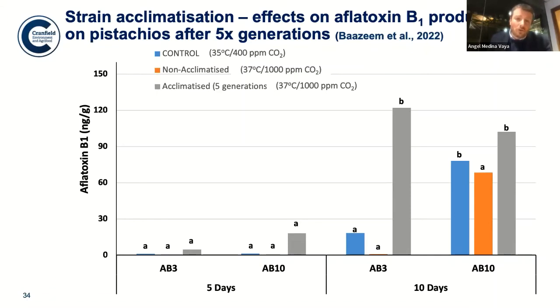And what we saw is that in most cases, acclimatized strains were producing higher levels of the toxin. That is no good news, because we have already described that it produces more when you have the CO2. It will be even higher, or our data points out that it could be even higher, if we have the strains